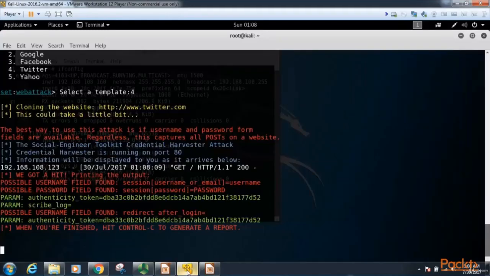Now let's go back to our virtual machine, and you'll see here that we got a hit. That's what it says here, and here's our username that I typed in, username, and the password that I typed in to that field, password, which obviously is fake in this instance, but this is just an example. And you'll see here I also got a token, so it does pass along that token to the real website after being logged in. Okay, so this says when you're finished, go ahead and hit Control-C to generate a report,